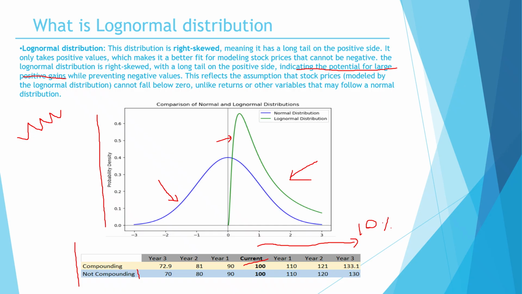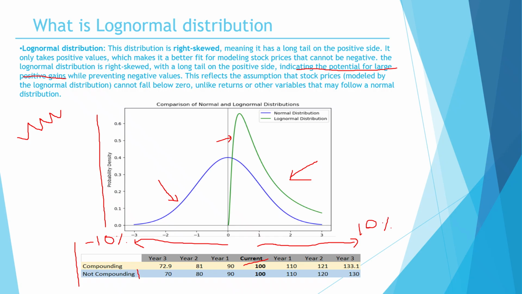And on the left side, we are doing the analysis where prices are decreasing by 10%. So here we are applying that prices are decreasing by 10%. We are analyzing what will happen if we have compounding and what will happen if we do not have compounding. And when I say compounding here, I mean that we are applying annual compounding. Now, in year one,